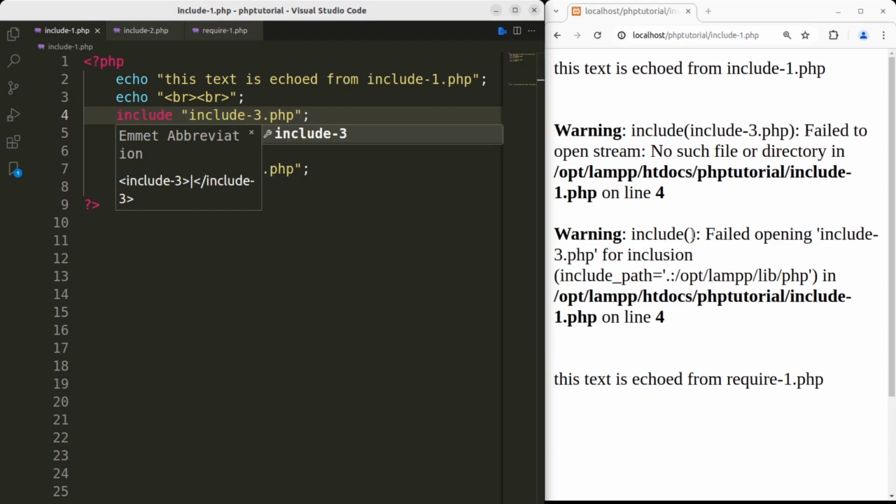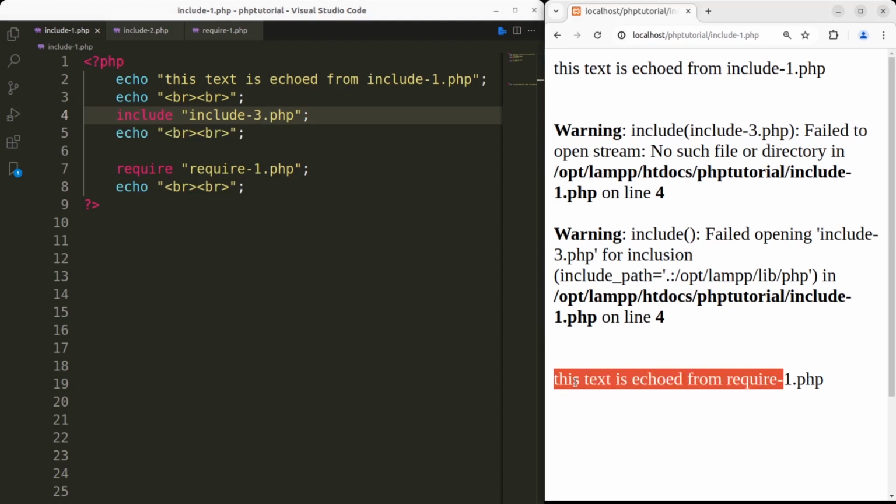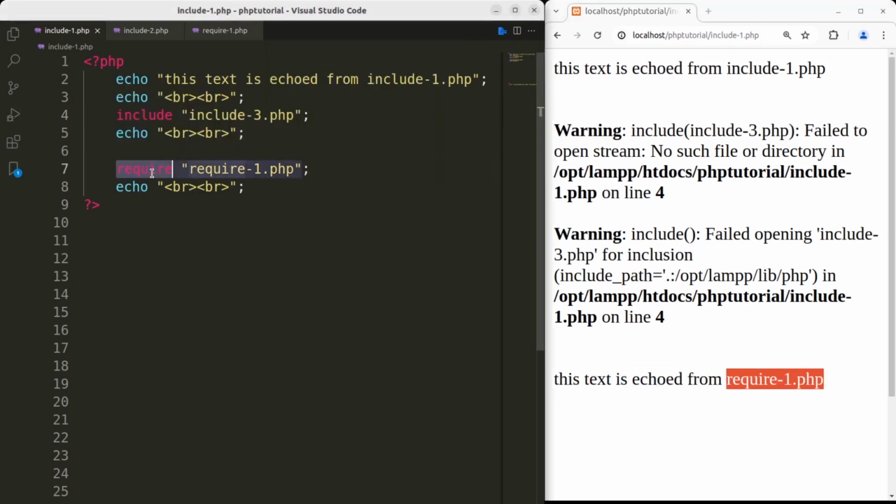So say if you have included a file and the file is not found, include generates a warning but continues the script execution. That's why you get this text is echoed from require, and this text is coming from this statement